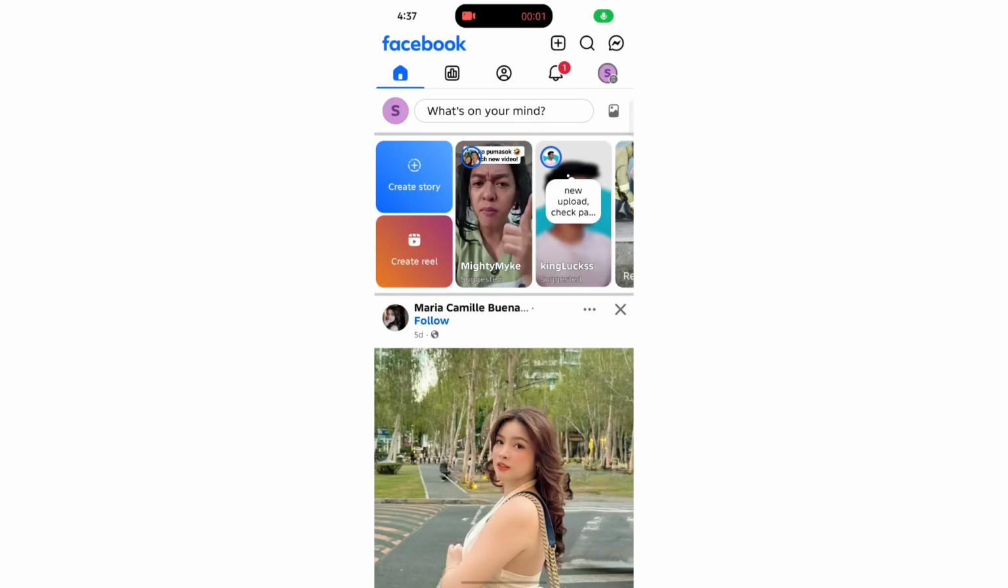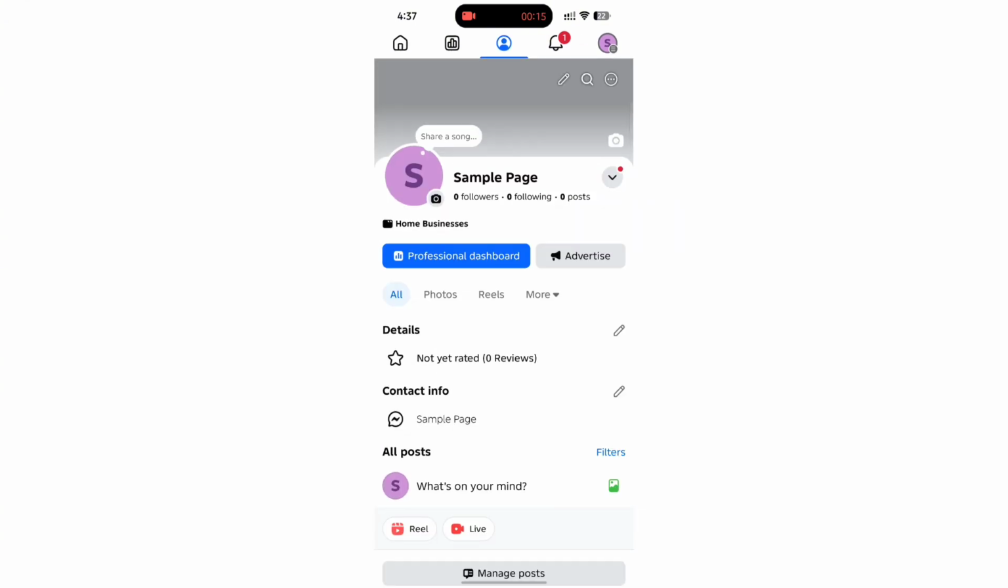How to upload videos on Facebook page. Uploading videos on your Facebook page is the best way to engage your audience, and here's how you can do that. So first, go ahead and open up your Facebook page, head over to your profile, and then from here,